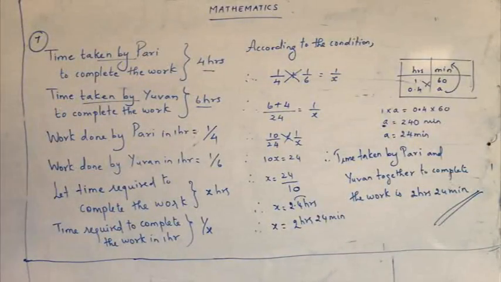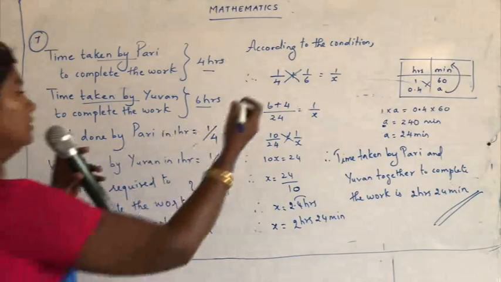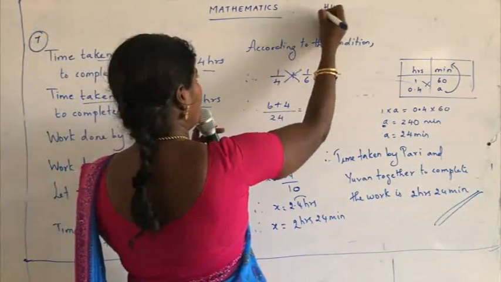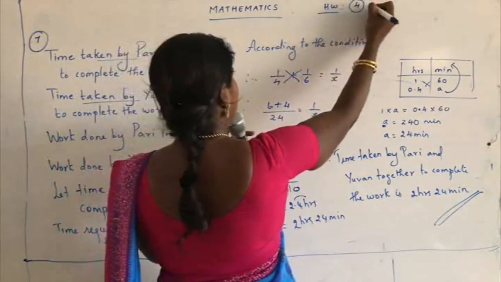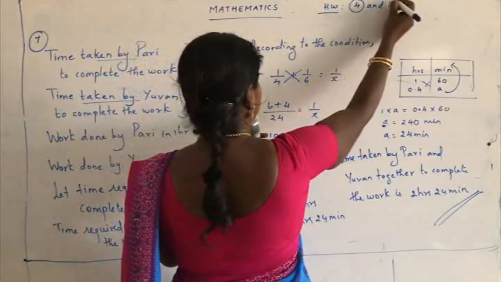So we have seen sum number 7. I hope the sum was clear to you. It's very easy. These are small calculations, and we have seen this type of calculations in our previous classes. Now you have to do one more sum as homework, that is sum number 8. I have given you 2 sums for homework: sum number 4 and sum number 8. Try out the sums. So homework is sum number 4 and sum number 8.